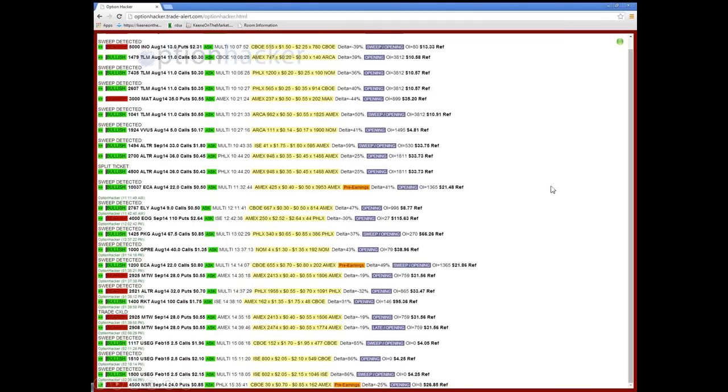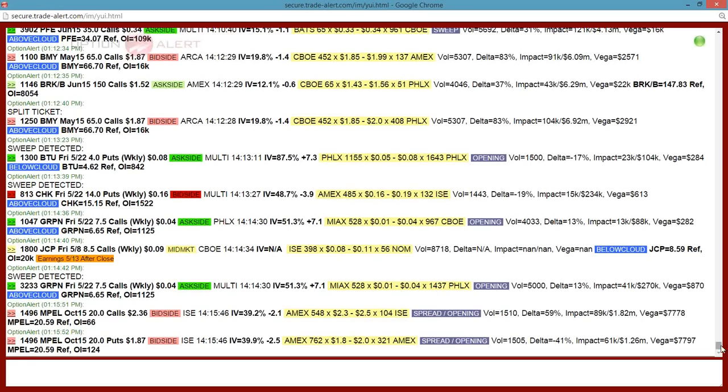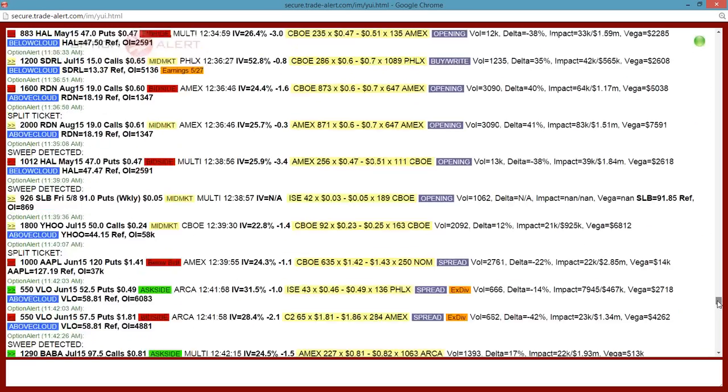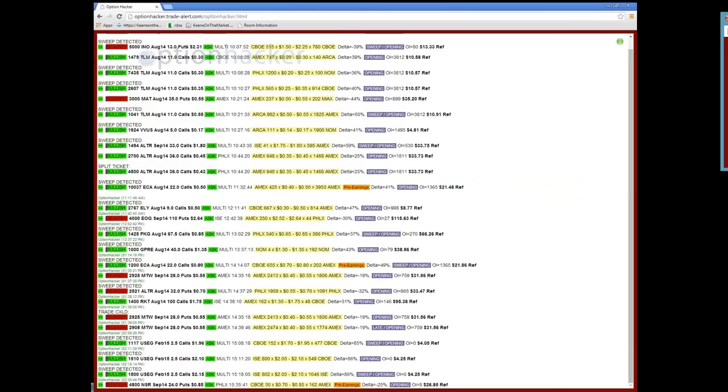So this is what Option Hacker looks like in a given day, and we see that all of the orders are right out here for me, available for me to see. And this is exactly what they look like. They all look just like that example that we looked at in ALTR. So this is how many orders have come across the tape so far today on an unfiltered tape. I mean, it's hundreds. And this doesn't even go all the way back to this morning, right? It's hundreds and hundreds, and by the end of the day, it will be thousands of orders that have hit the tape, all right? This is an entire day's worth of alerts on Option Hacker.